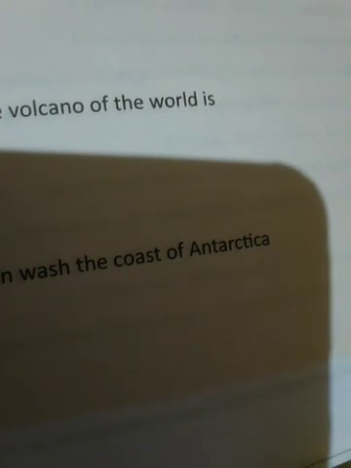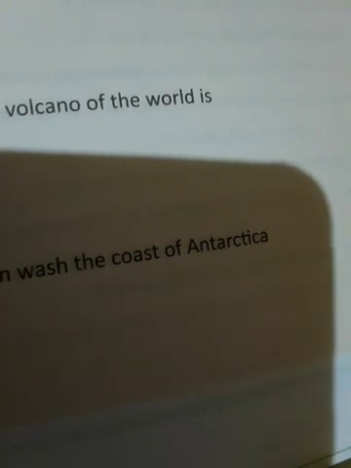The Southern Ocean surrounding the Antarctic is particularly vulnerable to water pollution. Now the Southern Ocean, which surrounds Antarctica, is vulnerable to water pollution. A major reason for pollution in Antarctica is oil spill caused by increasing shipping activity in the region. Now the major reason for pollution in Antarctica is the oil spill, which is caused by shipping activity in the region. The weather conditions prevailing in Antarctica are likely to influence the weather conditions of the rest of the world. Now the weather condition found in Antarctica influences the weather conditions of the rest of the world.